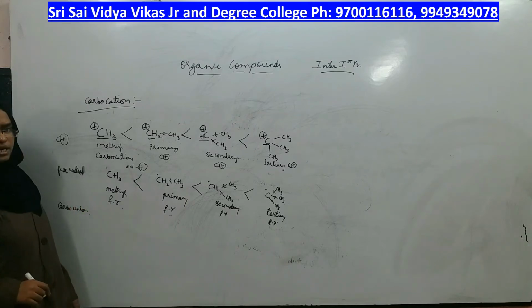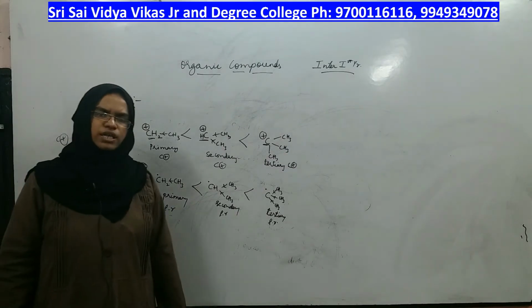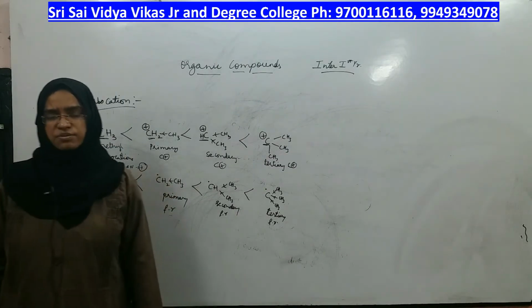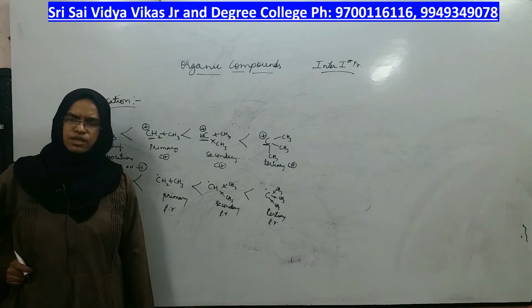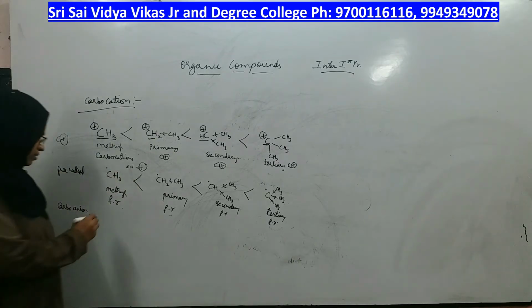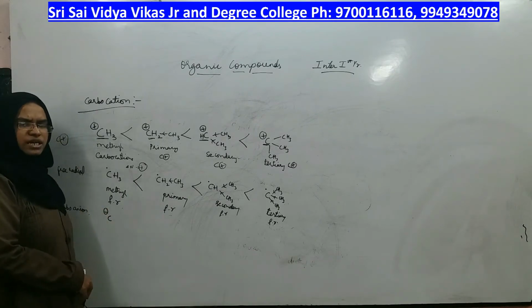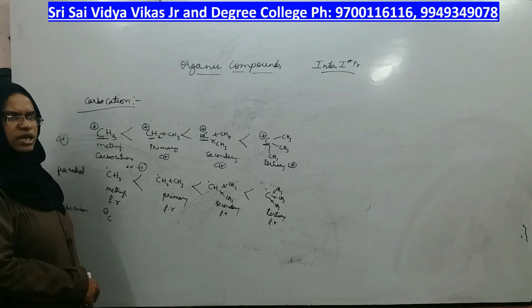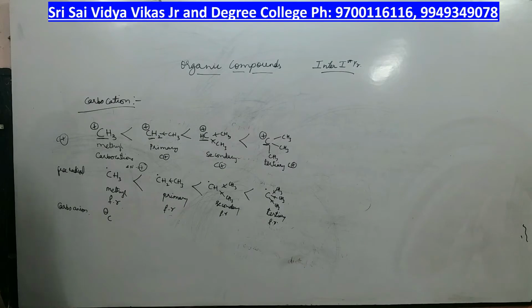What does it mean by carbanion? What are anions? Any compounds or any groups on which negative charge is present are called anions, right? But if the negative charge is present on the carbon itself, that anion is called a carbanion. If the negative charge is present on the carbon, that anion is called a carbanion, and even a carbanion should have 3 bonds plus one extra electron pair.